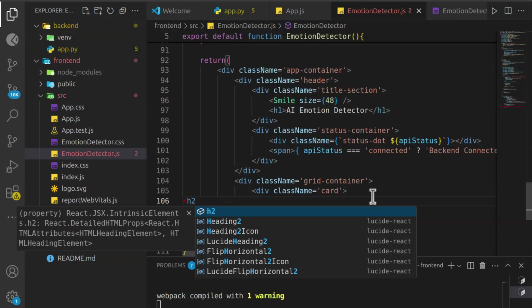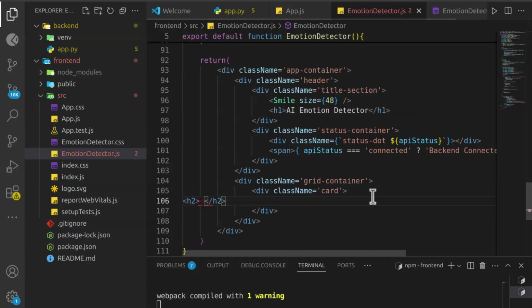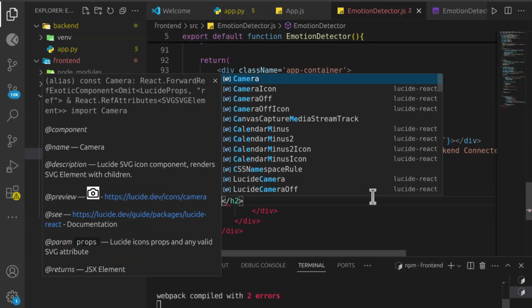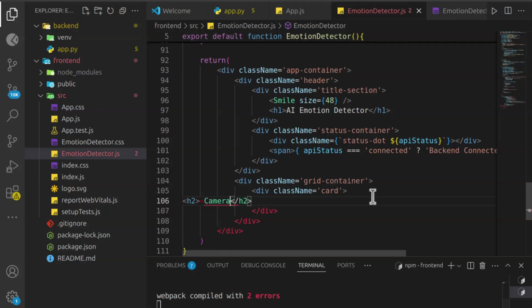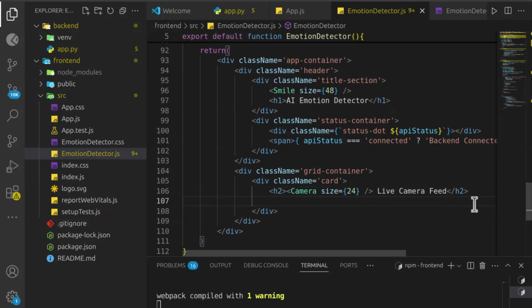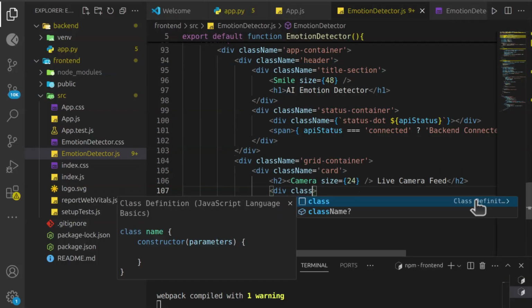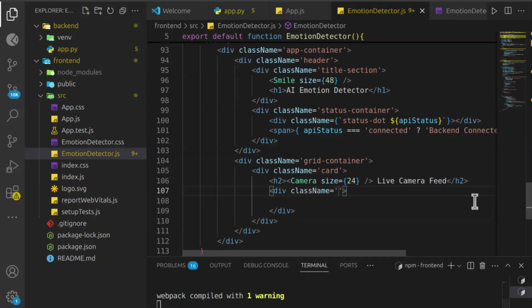Inside, h2, camera emoji icon, size 24, live camera feed. Then a div, class name video container,